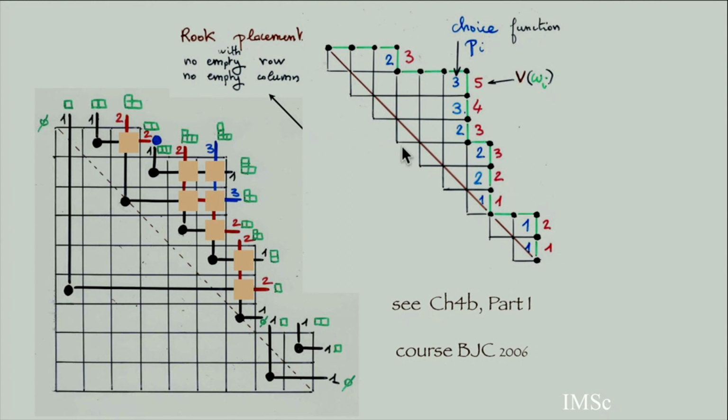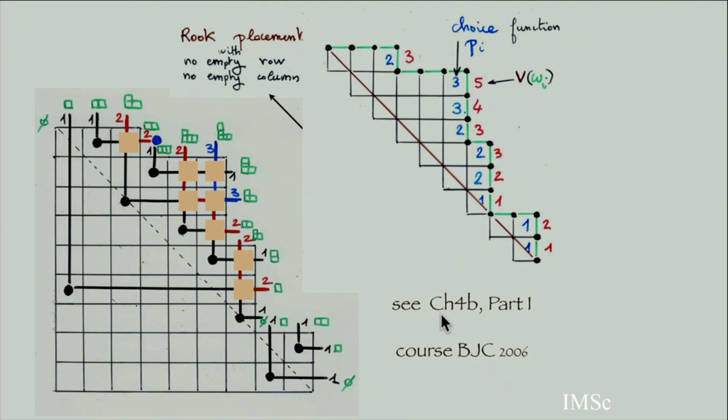So these numbers here, which are exactly 1 plus the number of these yellow cells, are a kind of inversion table of the rook placement. It's just the history. So you have a sequence, you have a Dyck path. Each time the red numbers are the height, the distance between these vertical edges and the diagonal, and for the blue number, you choose one of the possibilities between 1 and this distance.